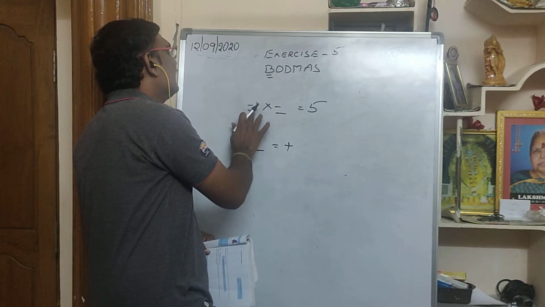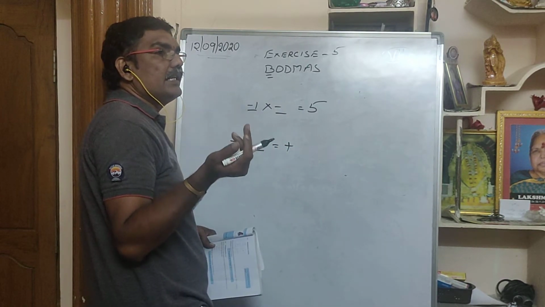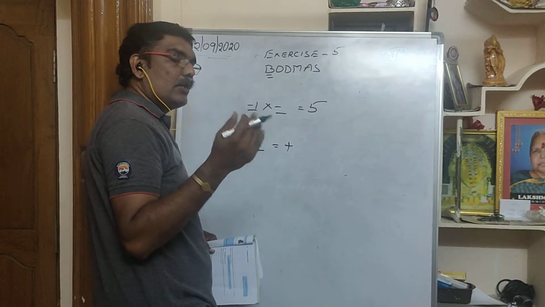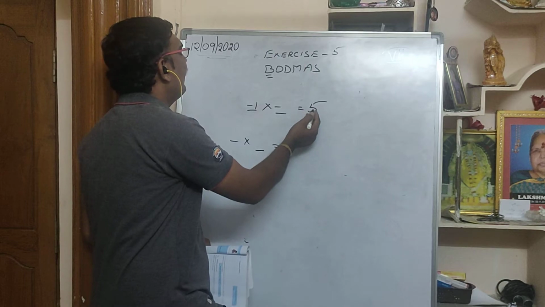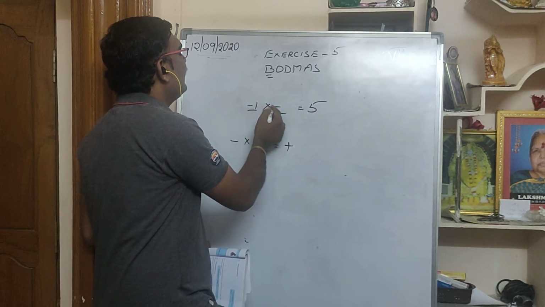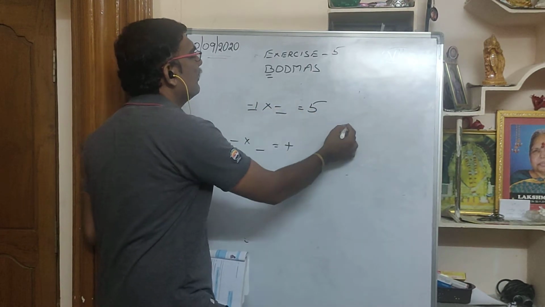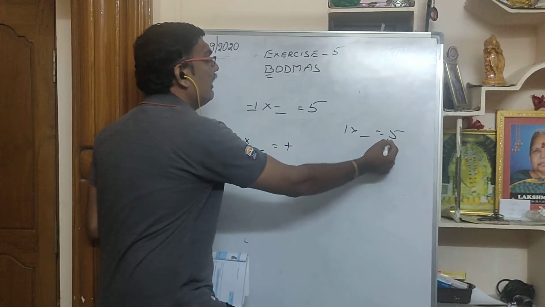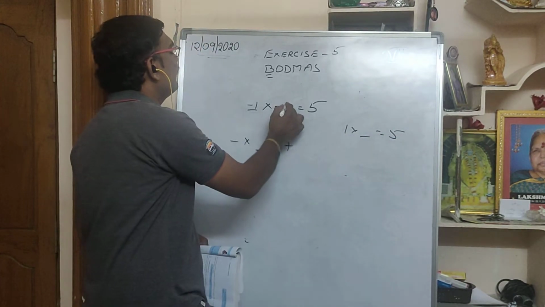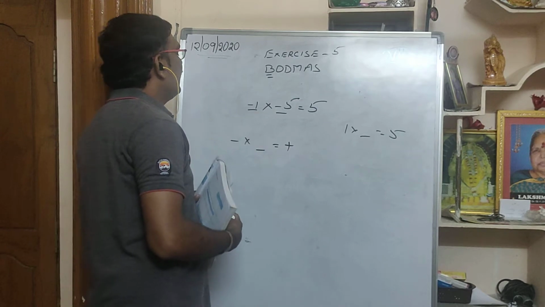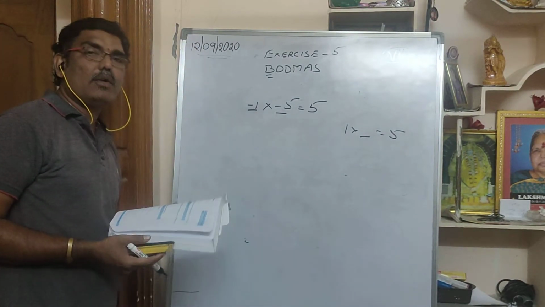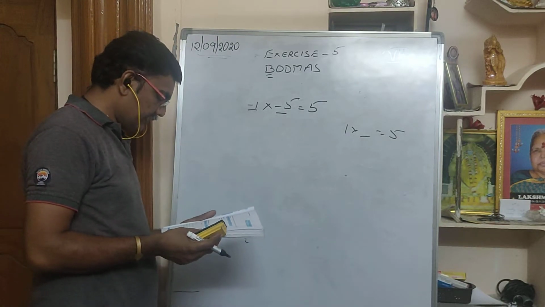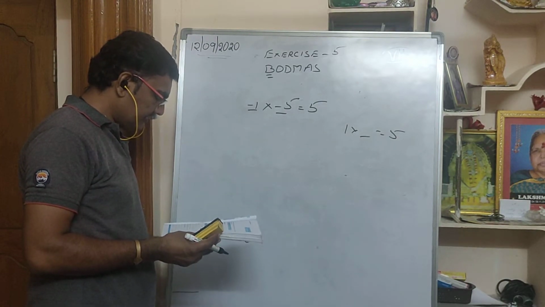Now I said 1 is the multiplicative identity. 1 into whatever number you multiply, the same number will come. In the answer you have 5. Here 1 is there. 1 into some number gives 5. If you read the one table, when will 5 come? 1 fives are 5. Very good. So minus 1 into that number equals plus 5. What you have to write? Minus 5. Very good.